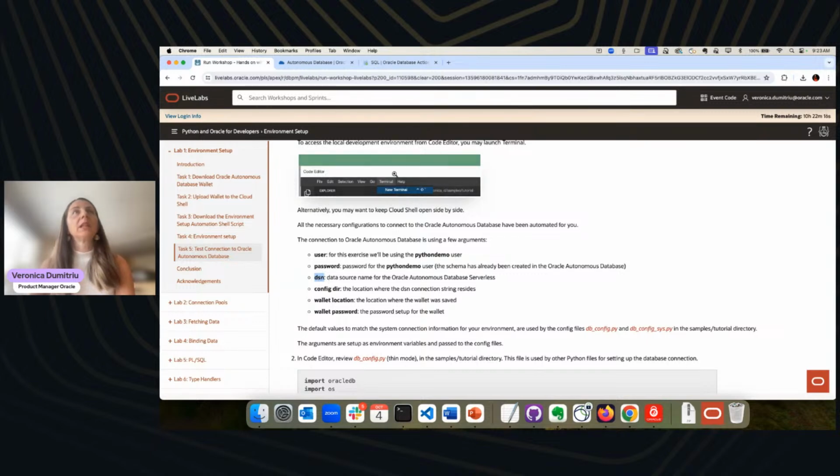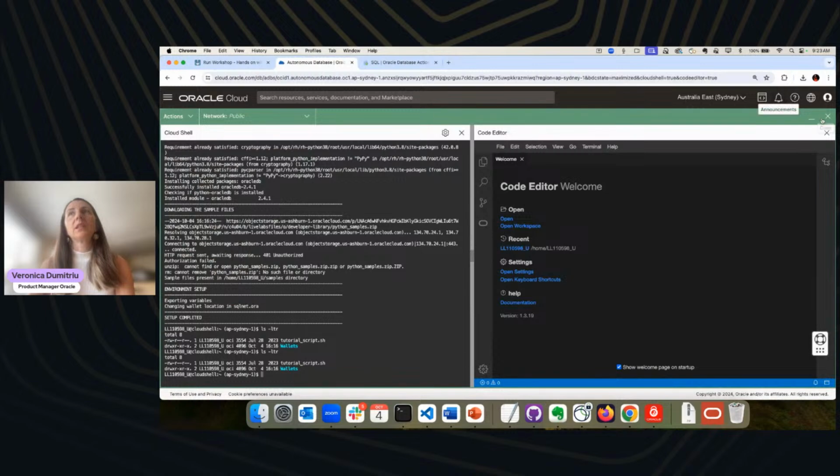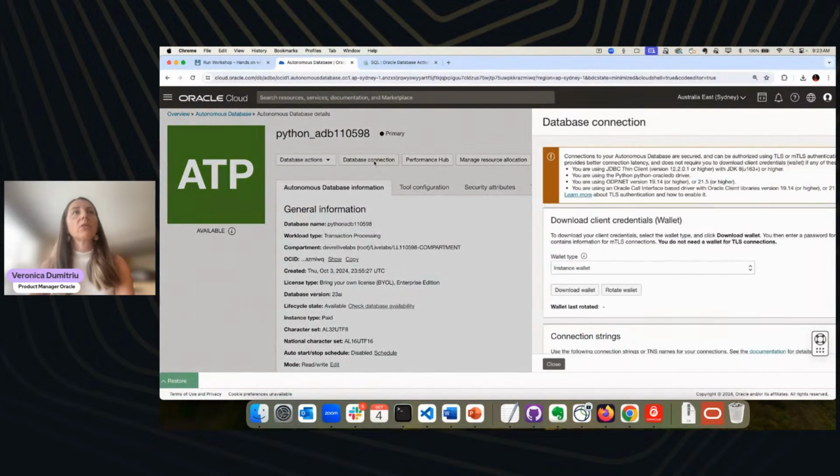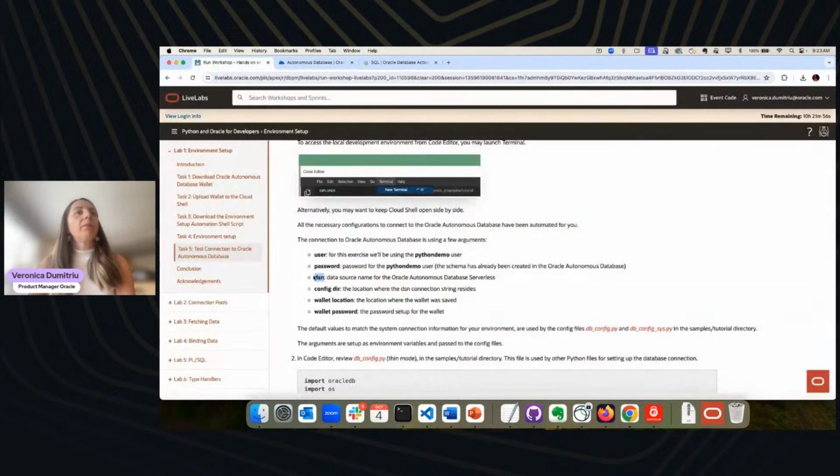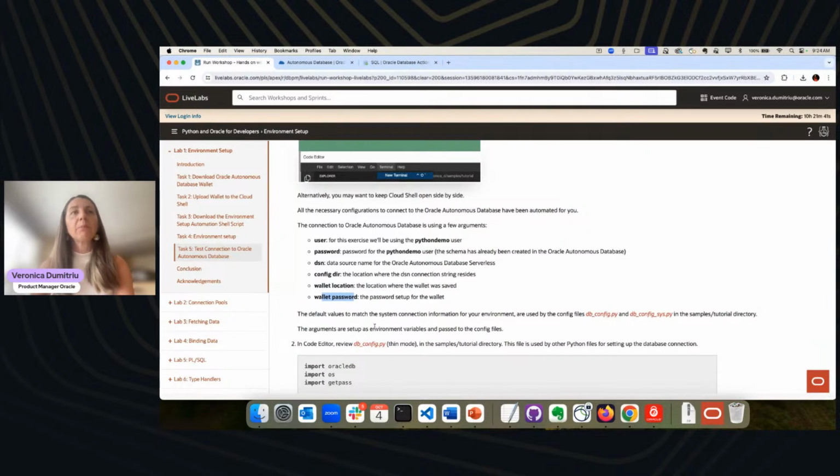And I need the DSN. The DSN is what I showed you in the database connection strings. It's the TNS name. You can also use the expanded connection string, but it's best to use the TNS name. The config directory is the location where the DSN connection string resides. Then I also have the wallet location, which is the folder I created using the automation script. And then I have a wallet password. This is the password that I entered when I downloaded the wallet. Remember, the wallet password is not necessarily the same as the password of the schema used for the